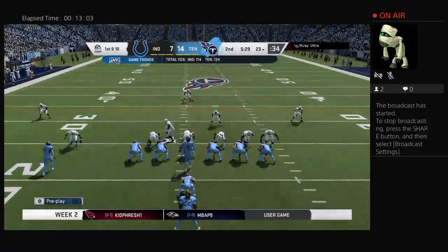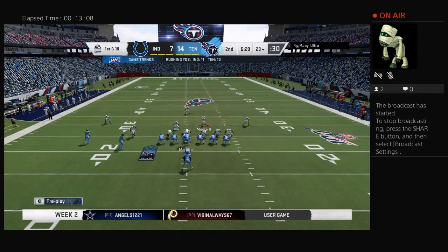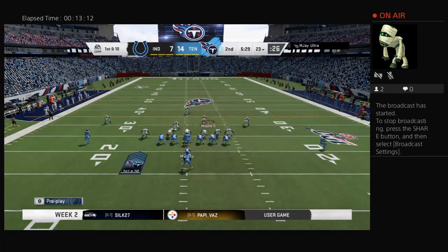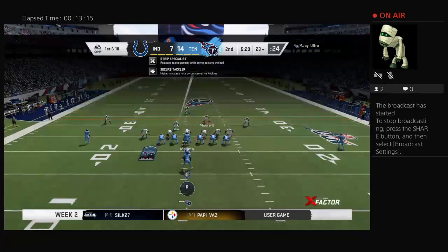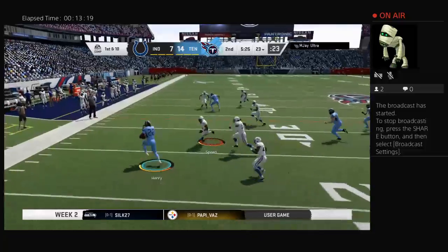The Titans offense set to begin the drive, and they're hoping to redo their efforts in the last drive when they got into the end zone. And just think of what it's like now on the sideline, because when you score a touchdown, you have to go over and look at the tablet and see what you did on the last drive. When you scored points, it's a whole lot better view